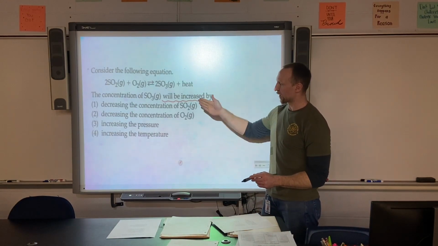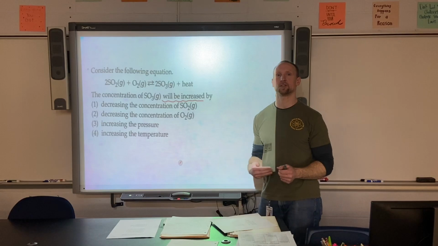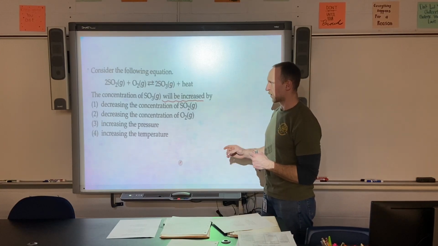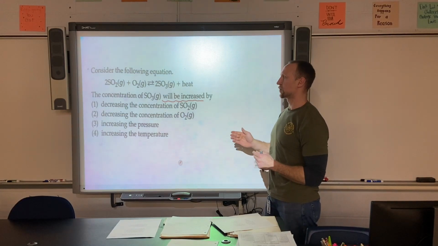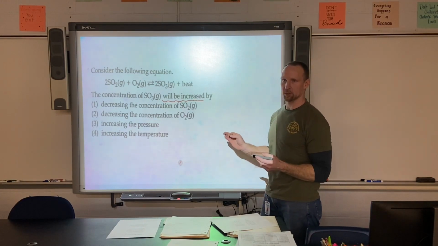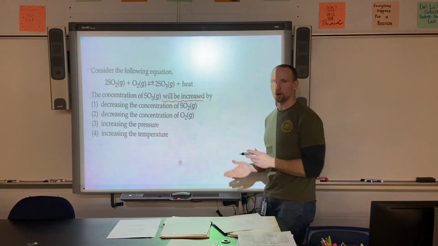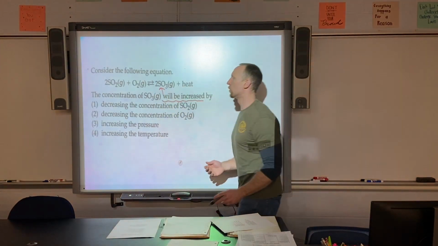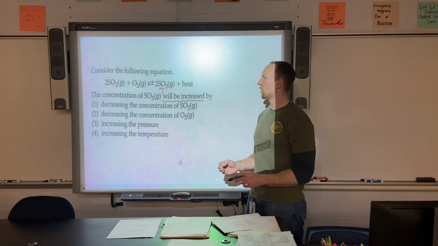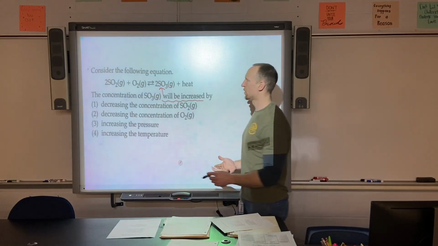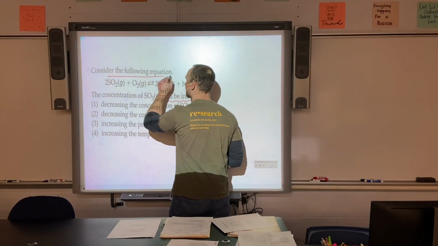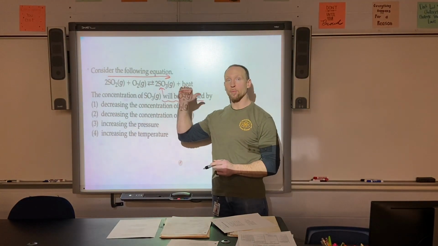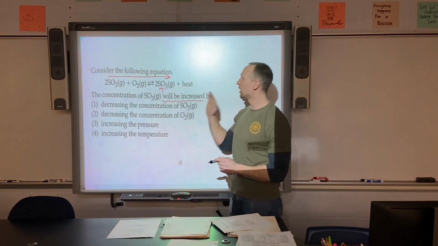And now you got to go through and see which of these stresses is going to generate the desired outcome. All right? So first thing you got to do is say, okay, you want to increase SO3. So the outcome is we're making more SO3. We want to make more SO3. How do we do that? Shift right. So if we shift right, we're going to speed up the forward direction of the reaction and make